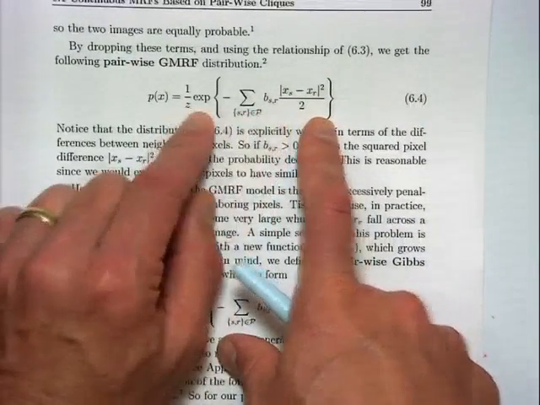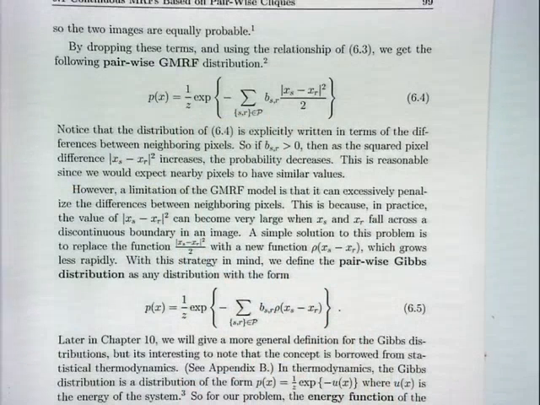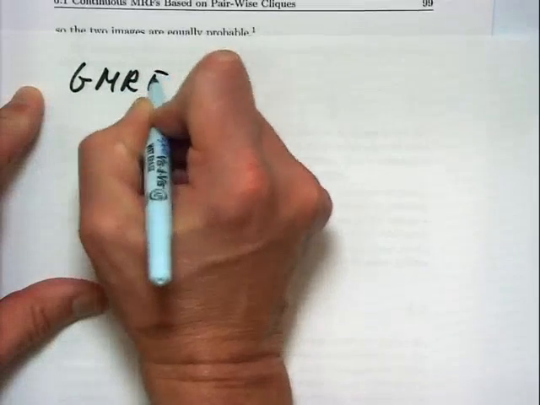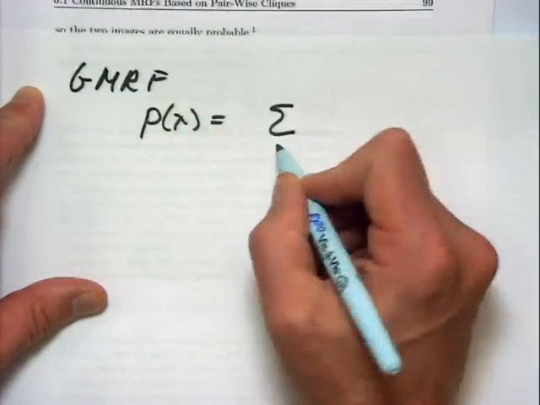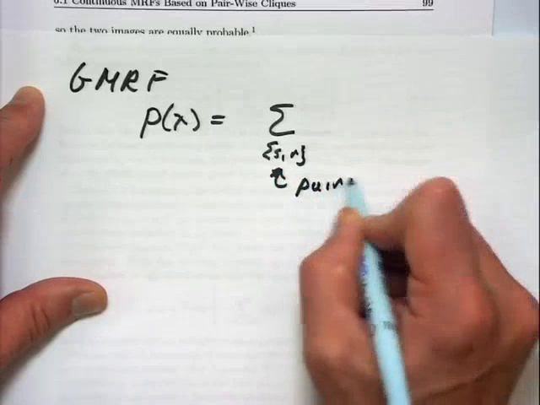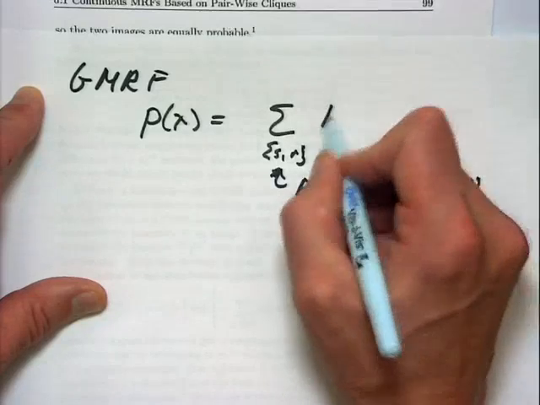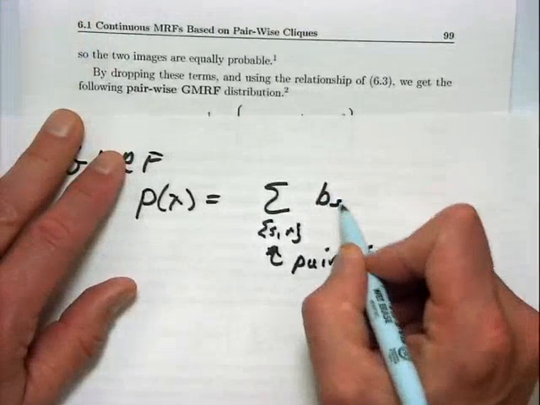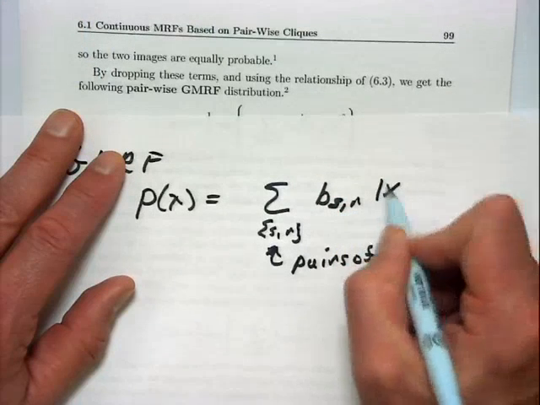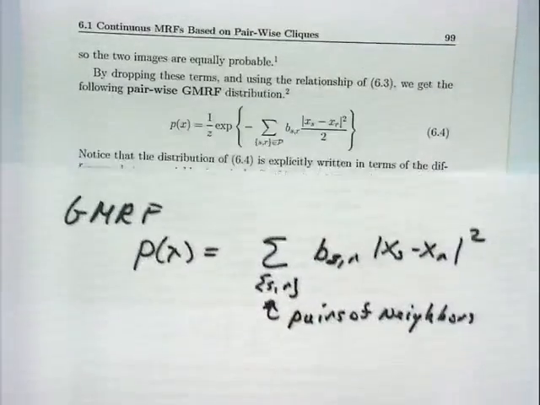So you can rewrite the probability distribution for X as a weighted sum over pairs of pixels. For a Gauss Markov random field, I can write P of X as a sum over pairs of pixels. Now these are pairs of neighbors. Now this is B of S comma R times (X S minus X R) squared. Now one thing you have to be careful about is that here,